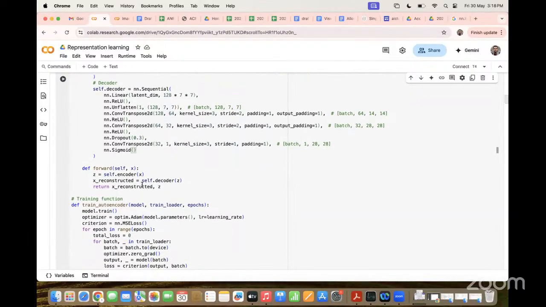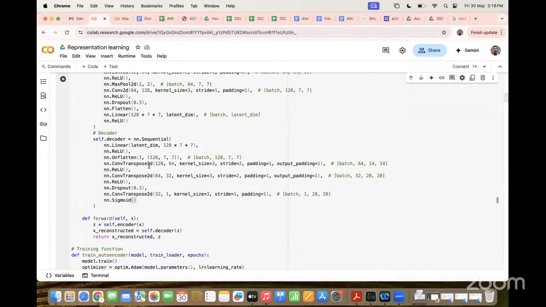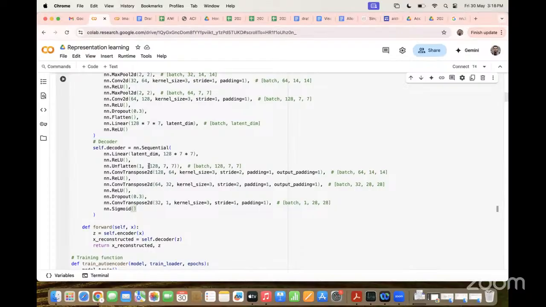Can we change the value of dropout in the encoder or decoder? They both have to be the same. Like if you are using 0.3, they both have to be 0.3. Yeah, you can change, but if you change the data set and the size of the dimension of the original input image, then you also change. But if you change the data set, then the dimension of each layer is also important.